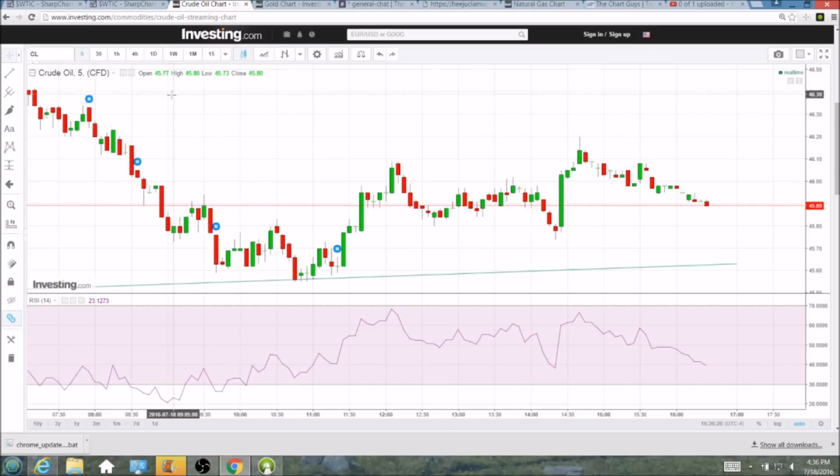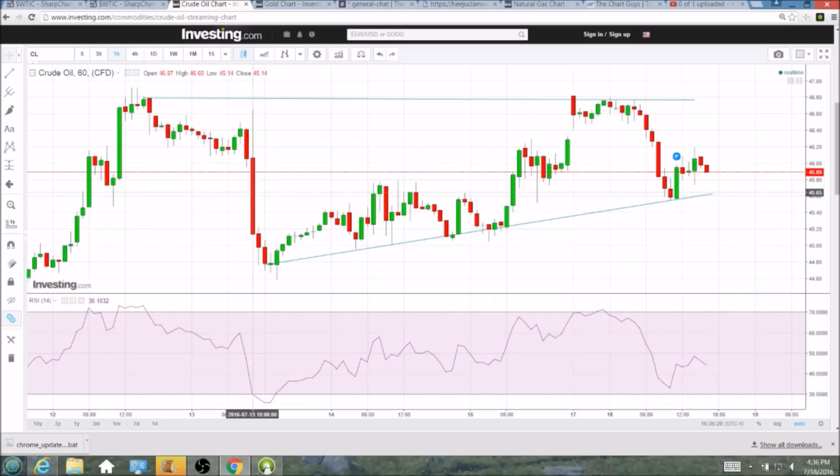So looking at oil from here, the hourly chart looks to me like a potential little head and shoulders bearish reversal pattern. And this would be the left shoulder, the head, and the right shoulder if we come down. And the key neckline is 45.52, the low of this candlestick, and 45.55, the low of the pullback. If we break 45.52, we are going to lose this uptrend support line. It will be a confirmation of this bearish reversal head and shoulders pattern, and we're going to be looking back down here at